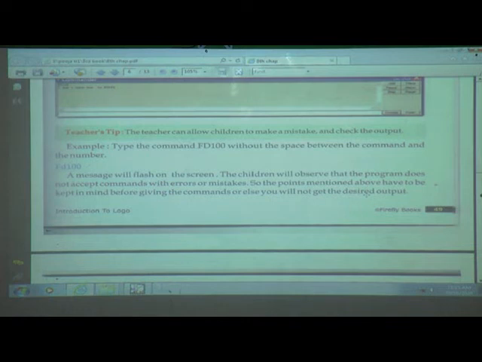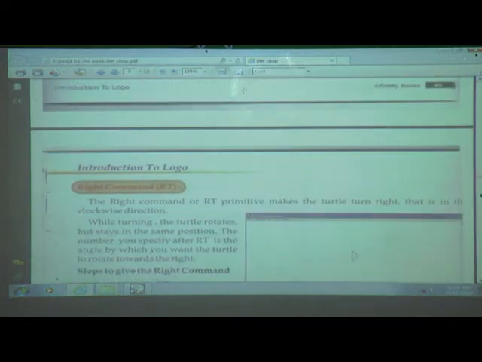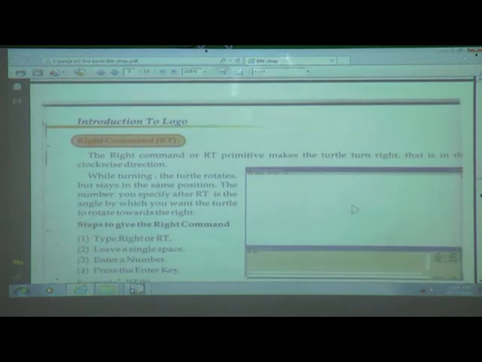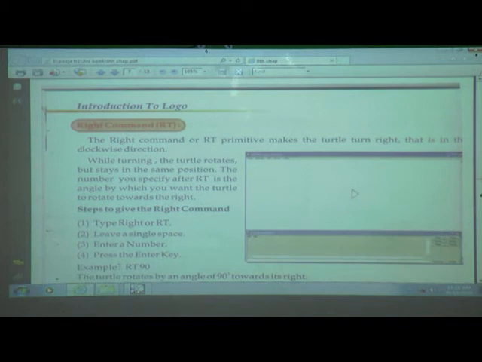Next command is the right command. Which command did we discuss here? The FD command. Now we will see the RT command. RT means right. What is the long form of RT? Right command. Now we will see what is the use of the RT command.